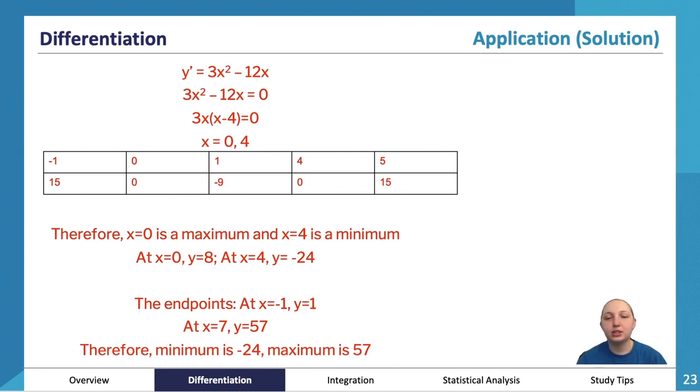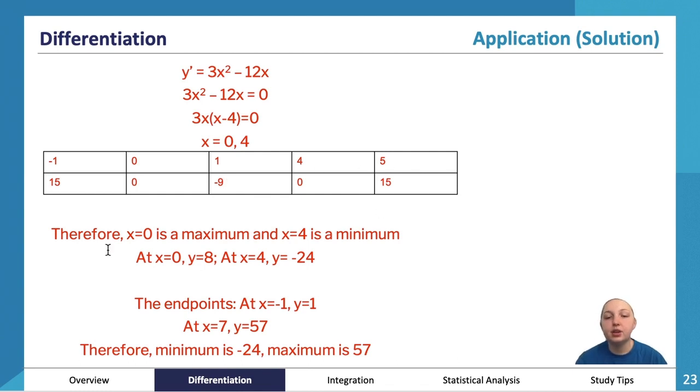It's quite symmetrical, which is nice. That doesn't always happen, and it doesn't need to happen. It just so happens to be that way because this is a parabola. So therefore we can say that x equals 0 is going to be a maximum because we've got a positive number, 0, negative number. x equals 4 is going to be a minimum because we've got negative number, 0, positive